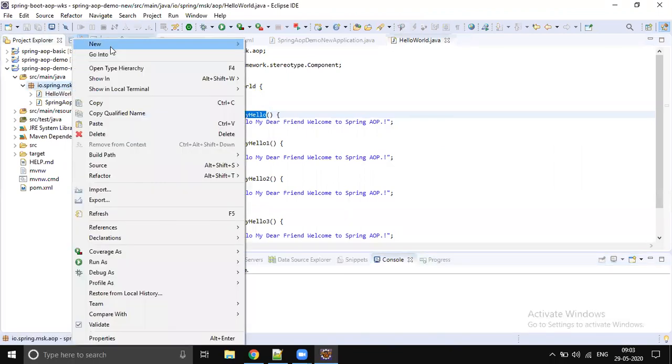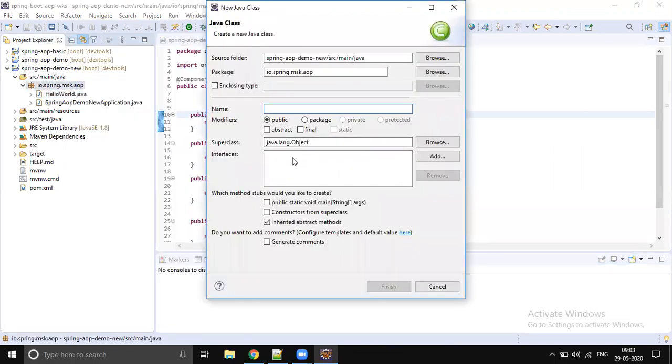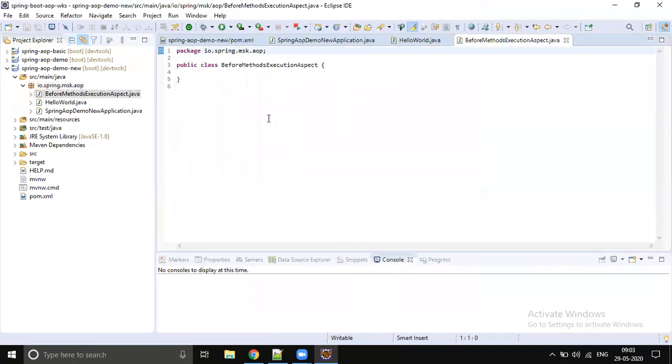So let's create a class and call it before method execution aspect. Yes, I will tell you why we name it aspect.